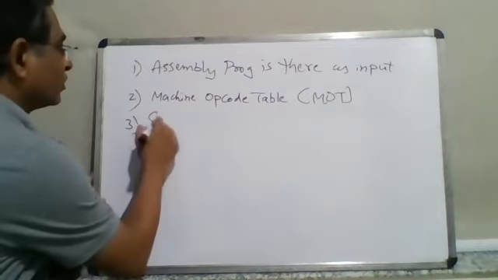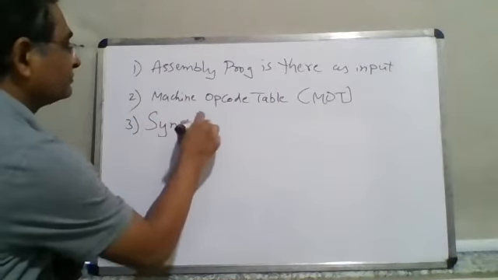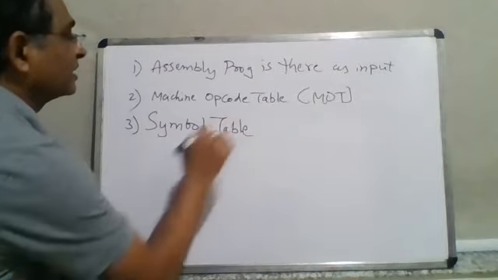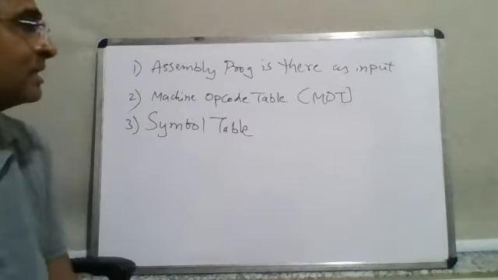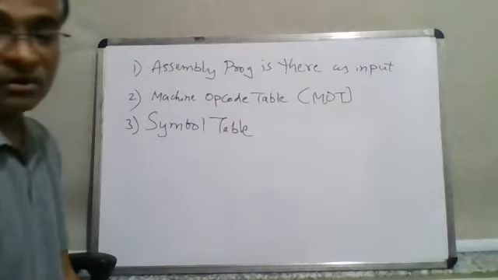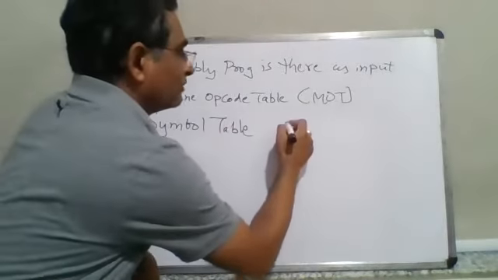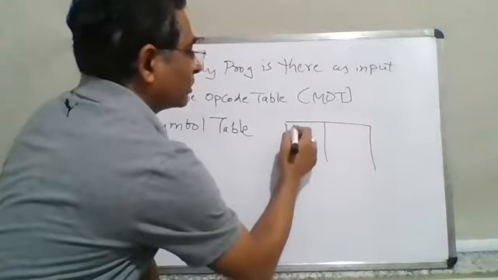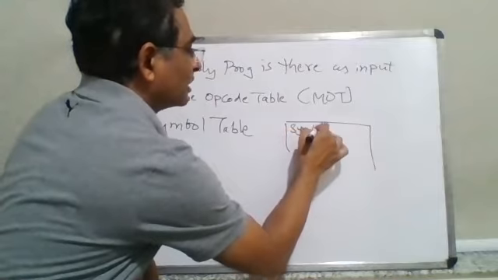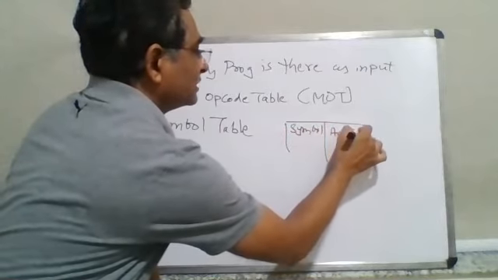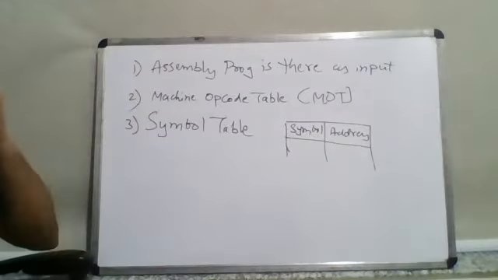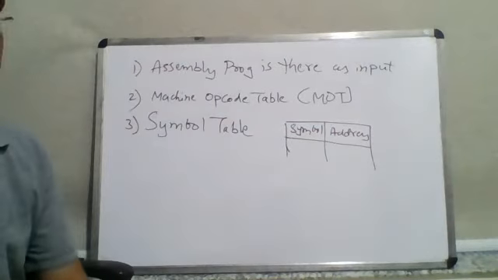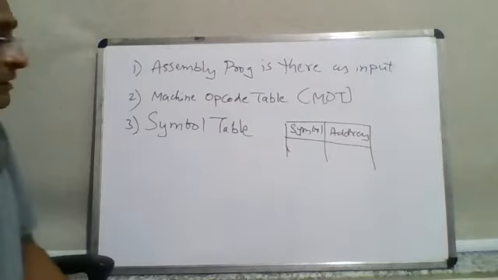The other one is the symbol table. Do you know what a symbol table is? Any variable which is encountered in the program has to be listed somewhere inside the system, inside a data structure. So what is the symbol and where is it present? Maybe the symbol name and the address. This is the information which is supposed to be present inside the symbol table. At least this much information should be present, and then the value also, if required, will be part of it.